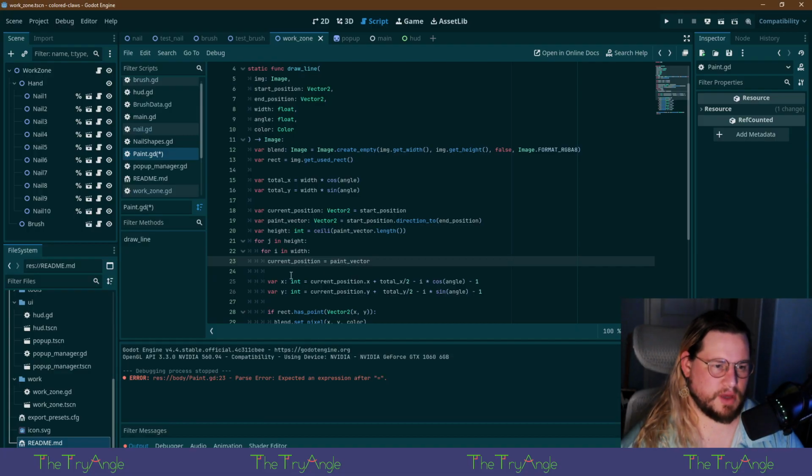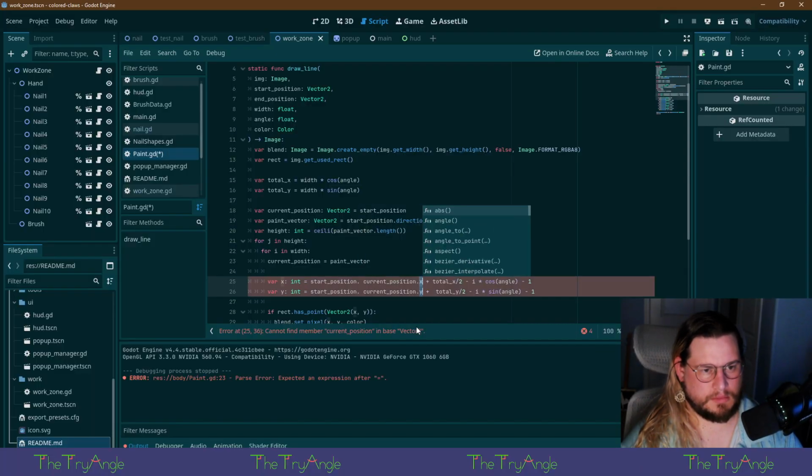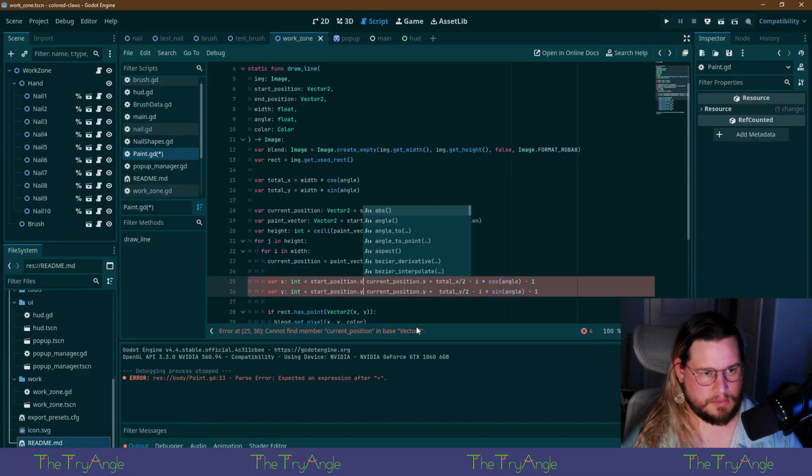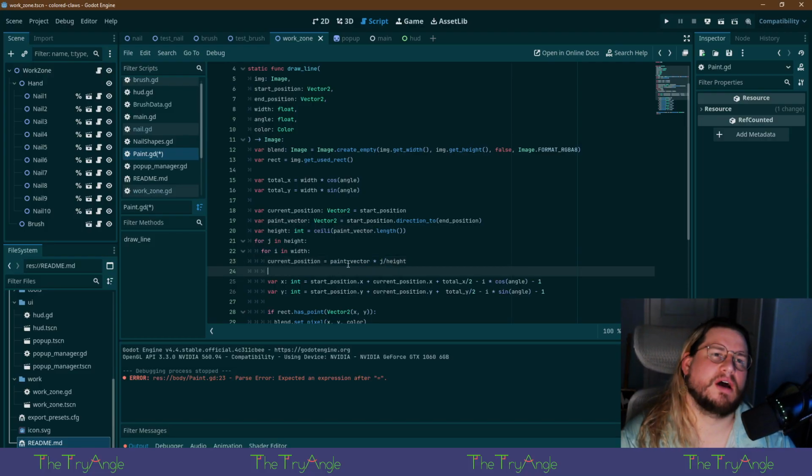We'll want to keep track of that. Paint vector times j divided by height. That should give us some ratio of that unit vector.